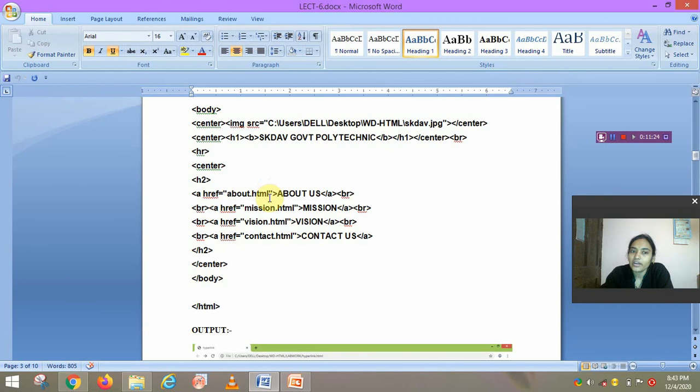First we create the about.html file, which is already done. About.html is another page where we write about the school. Then we write mission, and when we click on mission, the mission.html file also opens.